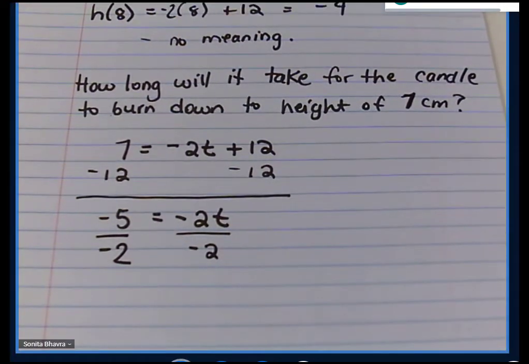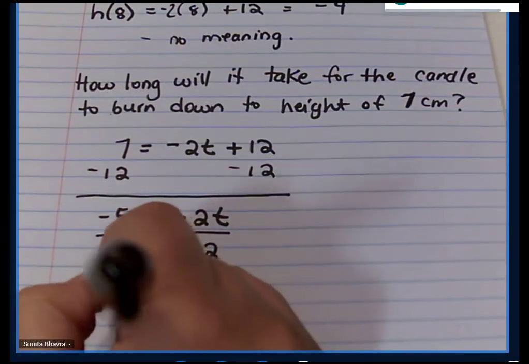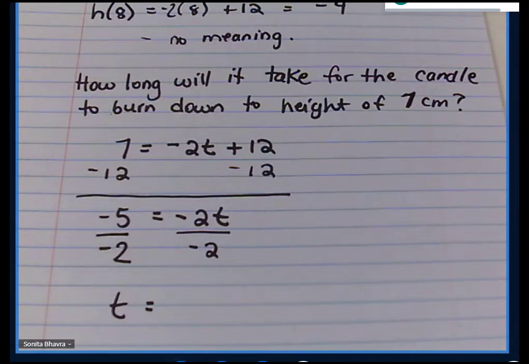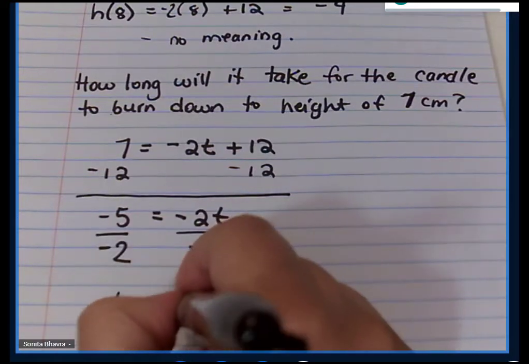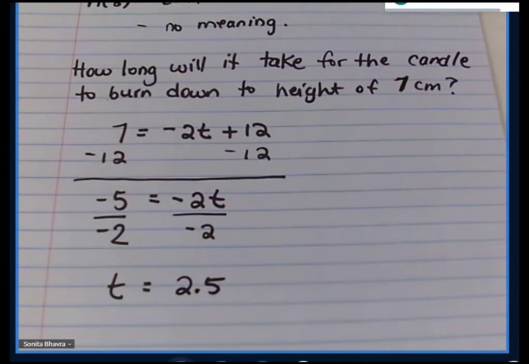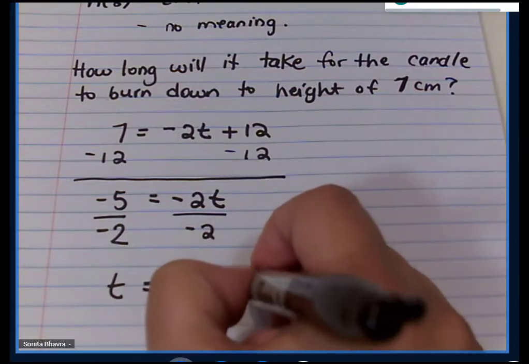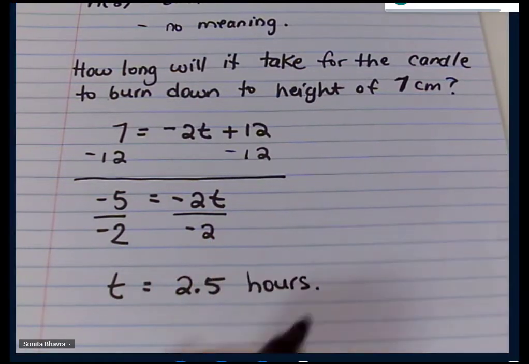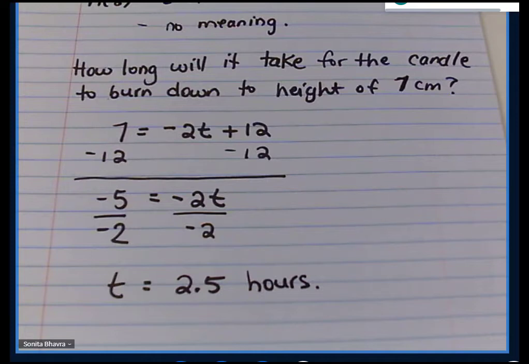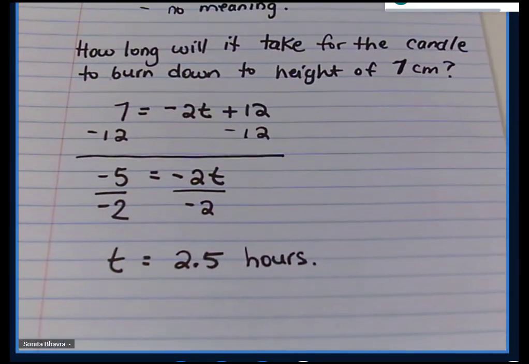All right, so t is equal to, and then I'm just going to put it into decimal form, 2.5. Okay, so 5 over 2 or -5 divided by -2, that gives me 2.5 hours. All right, so that's how long it will take for the candle to burn down to a height of 7